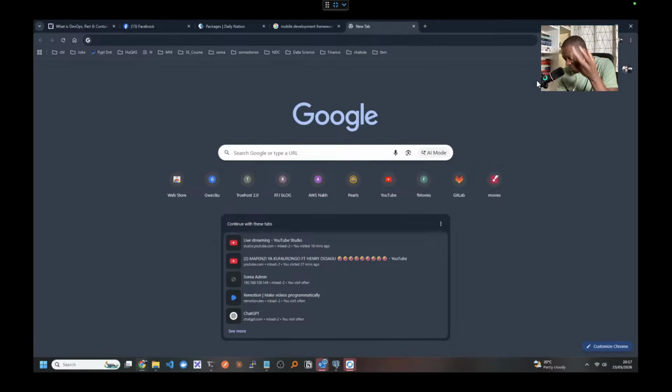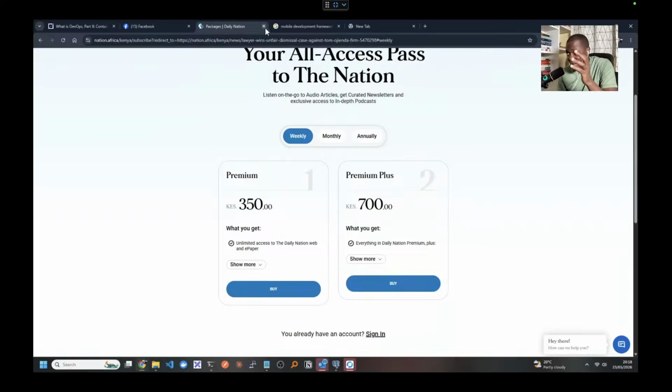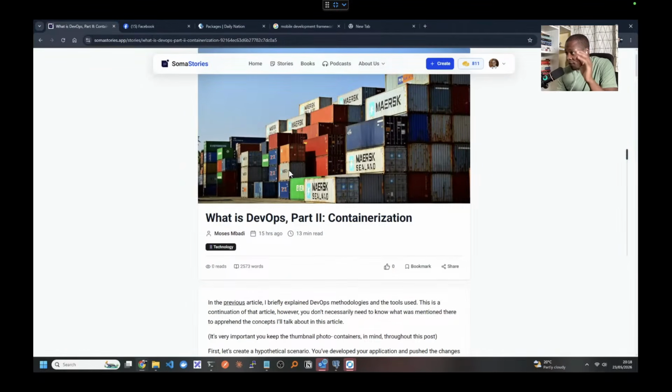Each framework has its own advantages. Personally, I have used Flutter, I have used React Native. Soma Stories itself is built with Flutter, the mobile app, both for iPhone and Android. But I have used React Native for some of my clients' work and at work extensively. I used React Native at work because I had a team that is experienced with